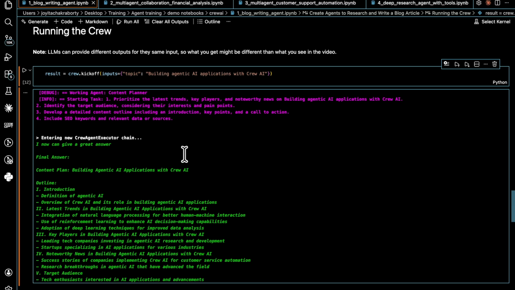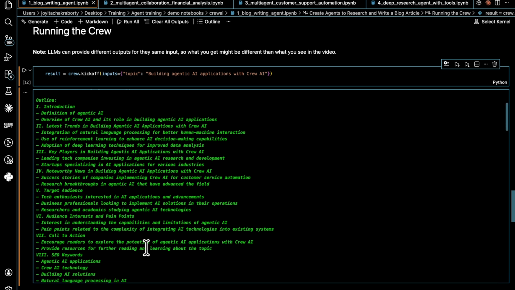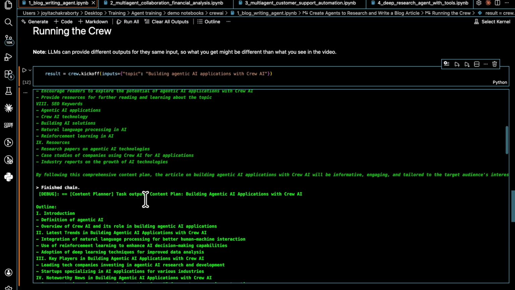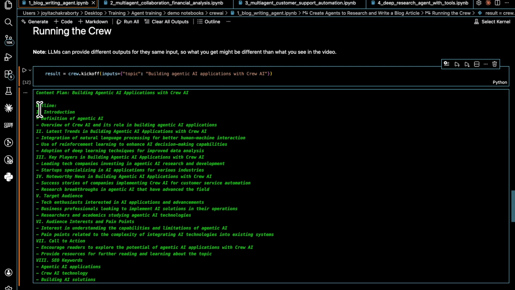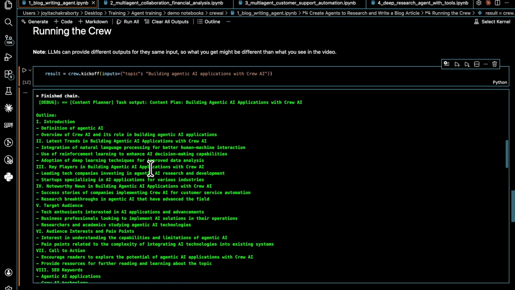As you can see, this agent has started. The content planner is understanding its task, then it is generating the final answer, right, according to the task that you have defined. You can see the sections it has properly maintained: introduction, latest trends, key players, target audience. So this is how you have mentioned it in the description of the task, right? Similarly,